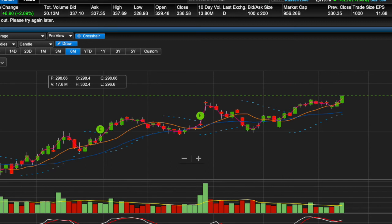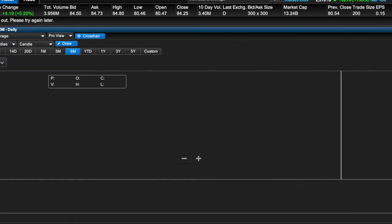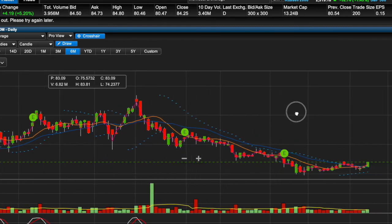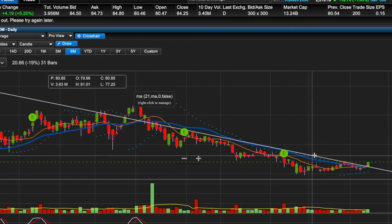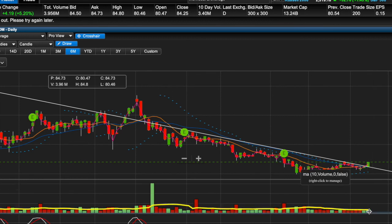The last one on our watch list is Penn Gaming, PENN. DraftKings looks like it's trying to set up as well, but I definitely like PENN over DraftKings. We're starting to get out of this trend here. We got a 9 and 20 cross. Volume is picking up for sure. We're about to get a break for the